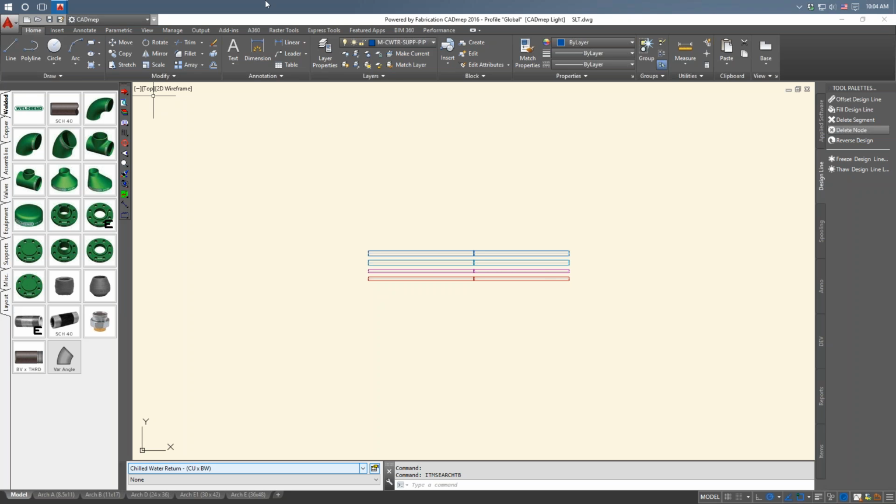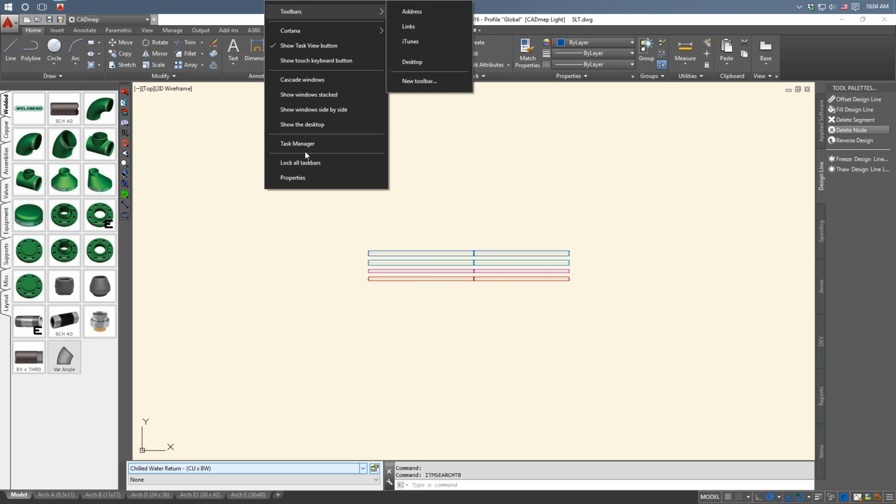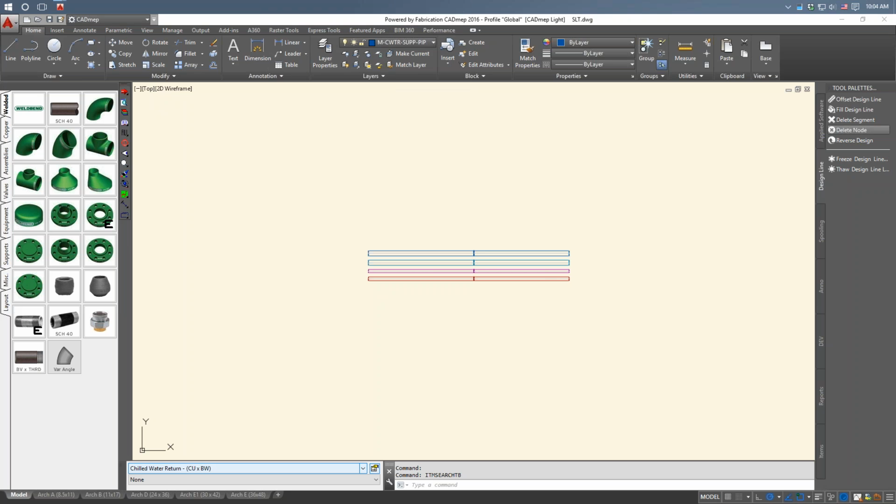And does the slice command work in ISO views, or does it have to be in the top view? Ooh, yeah. I don't know. I would feel better running it in a... you'll have to test that one. I would feel better in a plan view, though. I don't know what it's going to cut if